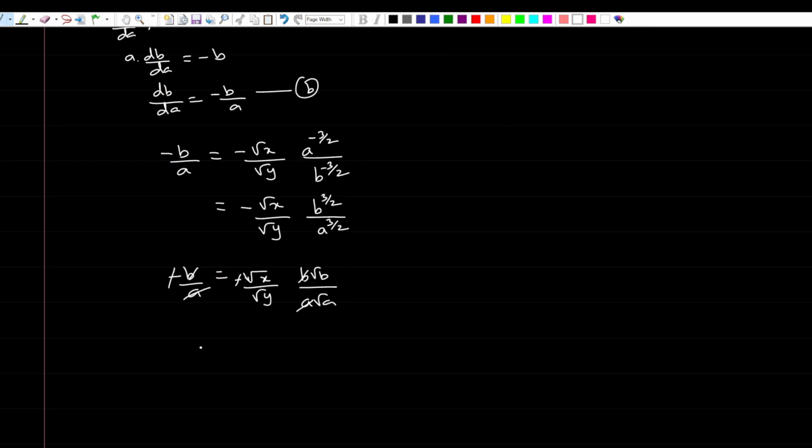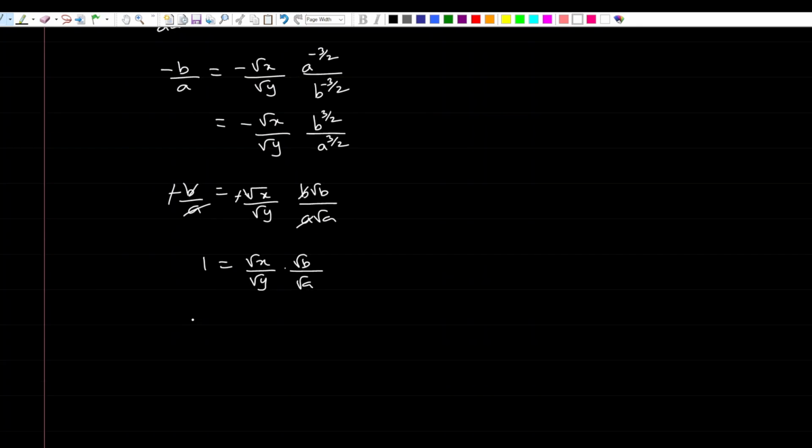Therefore, we are having 1 is equal to root x by root y into root b by root a. Therefore, we can write this as root y by root b equal to root x by root a by cross multiplication. So, by the condition of equality, we can write this as